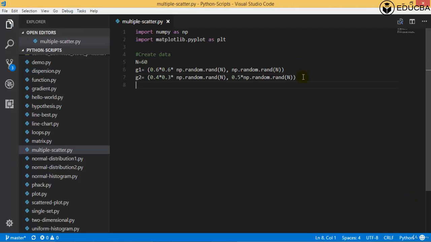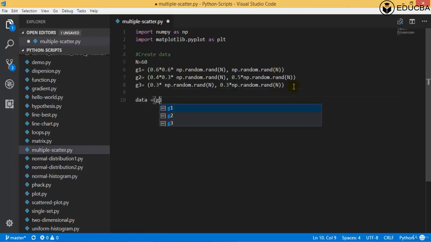The next thing will be to generate the random values for g3. So we are creating three data sets, and these data sets will be represented over here. That is 0.3 into np.random.rand, and then comes 0.3 into np.random.rand. Then after that comes the data, which equals g1, g2, g3, and the next value is colors, which equals